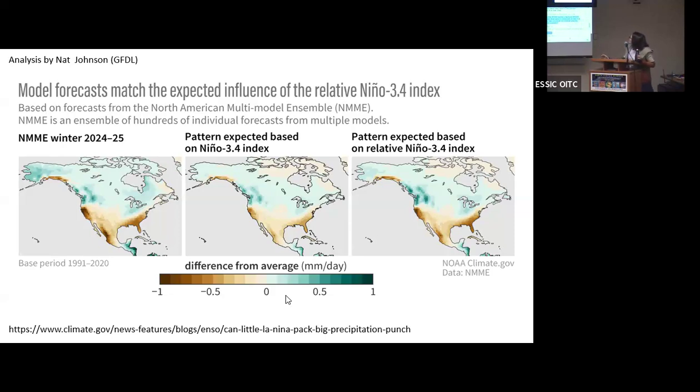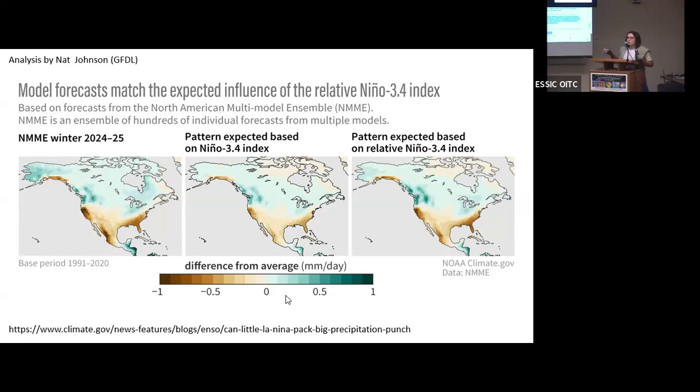Okay, there we go. Can the RONI better capture ENSO events that aren't centered in the Nino 3.4 box, like Modoki or Central Pacific ENSO events? All right, really good question. So far our studies have focused on Nino 3.4, and that's because I come from CPC and this is our official index. I have not looked closely at these other regions. It's worth doing and exploring. I do think the physical constraints here would apply to these other regions. I don't see an obvious reason why they wouldn't, but they probably should be looked at a little closer.